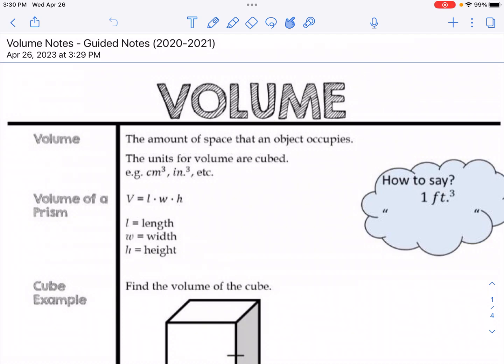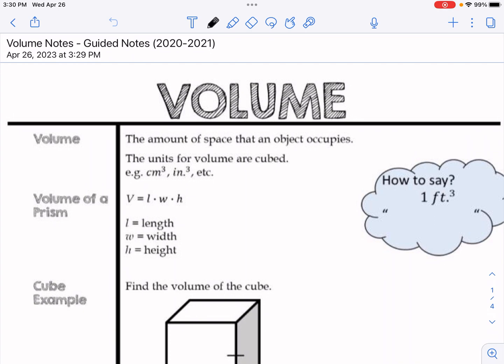All right, we're going to go over a couple things. We're starting our last topic, which is Module 5, Topic 1 on volume. We just finished up on circumference and area of a circle. We're going to start with volume in a general sense that should be familiar, and then get to